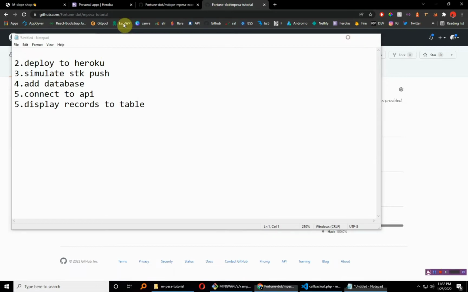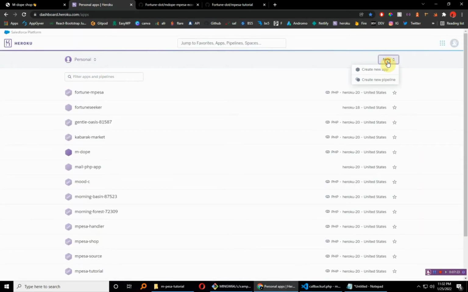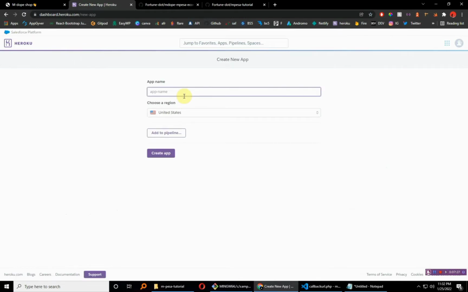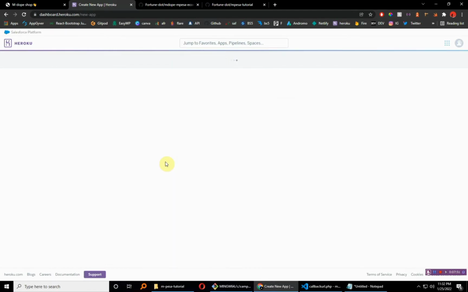So the second step was to deploy this to Heroku. So to do that, we're going to head over to Heroku, create a new app, and of course I'm just going to call this project, let me call this Apple. Let's just call it Apple if this is available. Apple is definitely not available, so let me call it Apple Logic. Apple Logic sounds like a name, Apple Logic, and that's available. So let's just create that app,